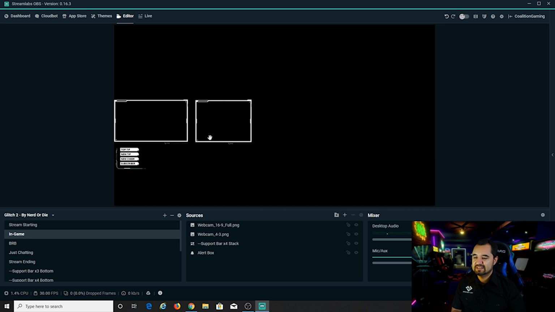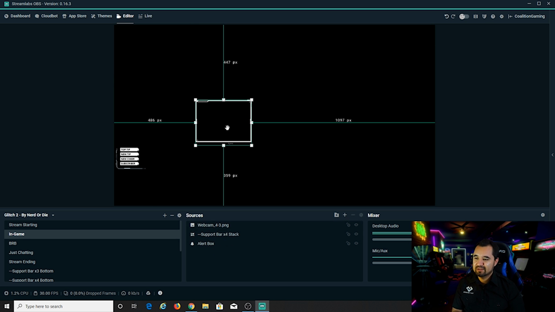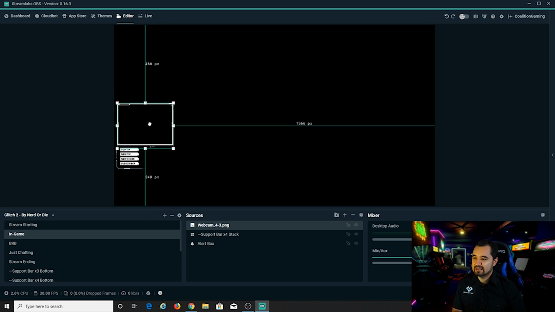And these are different size webcam boxes, and you can show it on the left or the right. Well, if you have a 16:9 webcam, or you don't mind taking up a bit more space on your screen, like something that's going to be 1080p or 720p, you can use this box on the left. If you're a fan of a smaller box, so you can have more screen for your game, then use the one on the right. That's 4:3. So I like the smaller box. I'm going to delete the widescreen box, grab the smaller box, and put it over here. And you see it sort of snaps into place.